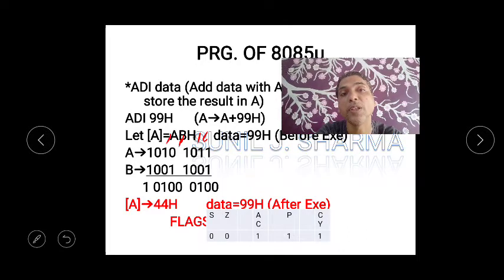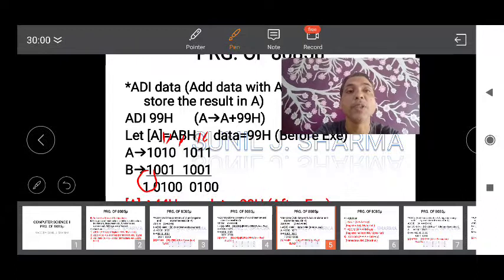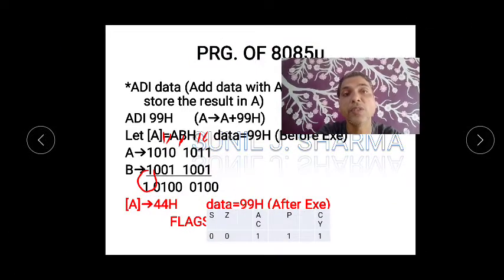Then 1 plus 1 is 0, carry 1. Then 1 plus 1 is 0, carry 1, yes. Then 1 plus 1 is 0, then 1 plus 1 is 1. This is the extra carry generated. Okay, now let me explain. Can you see 1 plus 1 is 0, carry is 1, then this 1 and this 1 is 0,